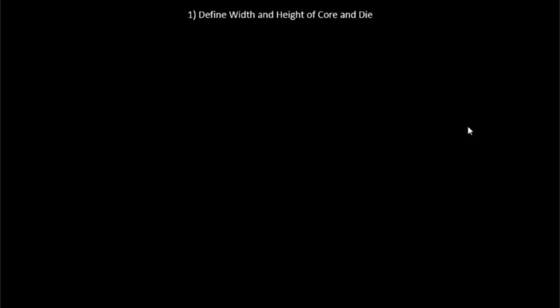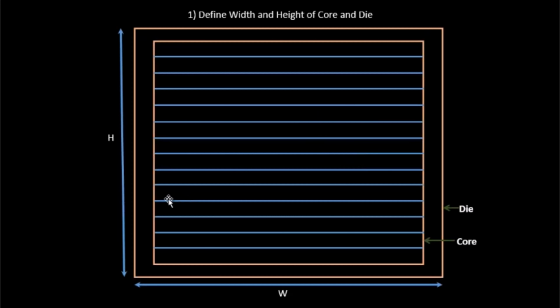Hello everyone. In this section we will try to understand how we come up with the width and height of core and die. In the physical design overview flow, this was the first step: to define the width and height of the core and the die. That was the first step of the physical design flow. So in this section, let us try to understand how we come up with the values of W and